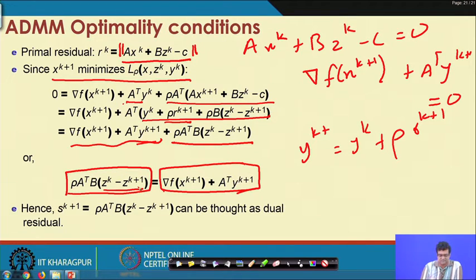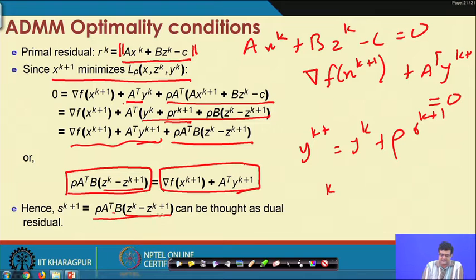We will see this more, but essentially what this tells us is that in this quantity, rho, A transpose, and B are all given, and z_k is the z variable value at the kth time point, and z_{k+1} is the z variable value at the (k+1)th time point.